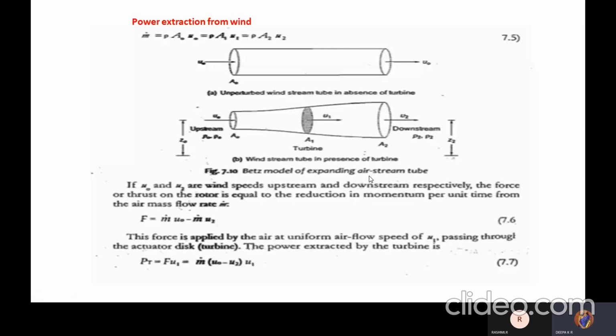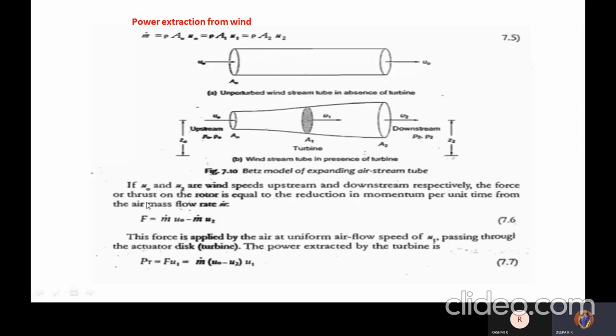Okay, so in this case you can observe the first equation I have written in terms of m. M is nothing but rho A0 into mu0. You can write it with respect to the area where it is present. At the first step, you can write A0 mu0. If it is at the mid of the portion, you can write it as A1 mu1. Or if it is present at the dead end, then you can write it as A2 mu2. So the mass flow of a system depends upon the position where exactly it is assessed. So we have substituted the equation for all three cases: A0, A1, A2, or mu0, mu1, mu2.